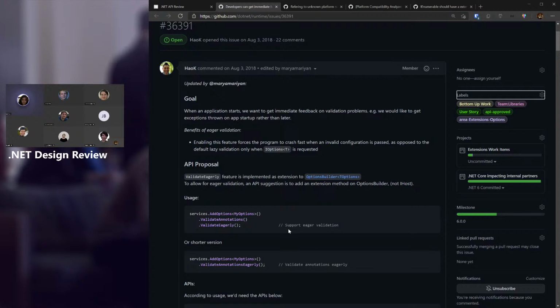So if I were to use this, what I would do is if I prepared my options class, and I already annotated some of the properties with annotations to say this field needs to be there, required, whatever, then all I would need to do is call validate annotations eagerly, or validate data annotations on startup, the way it's renamed now. But if there are more restrictions for validation that I want to provide for some of its properties, then I would